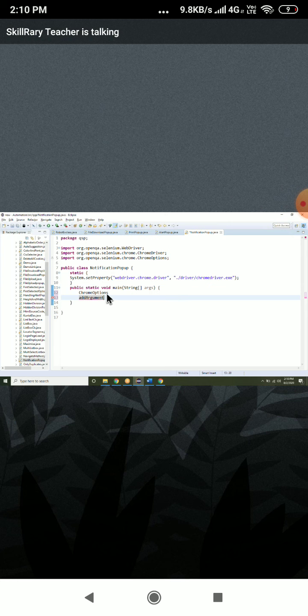How will you disable? For that, how to call this method? Add arguments is a non-static method, so you have to create an object of the class present in Chrome options class. ChromeOptions option is equal to new ChromeOptions.